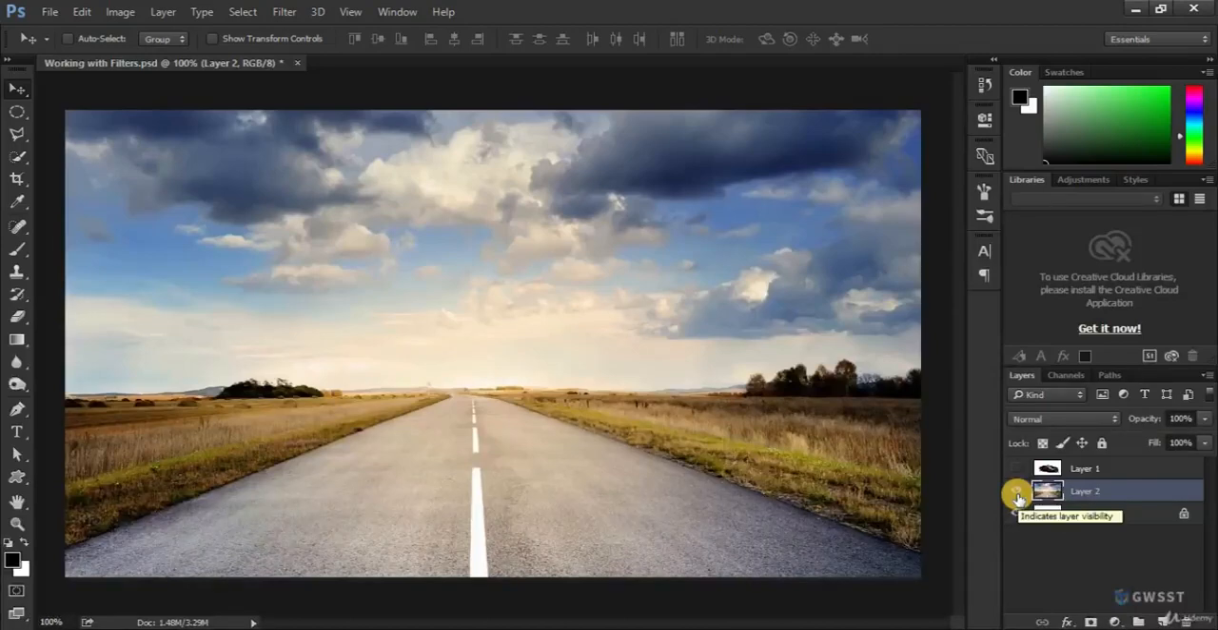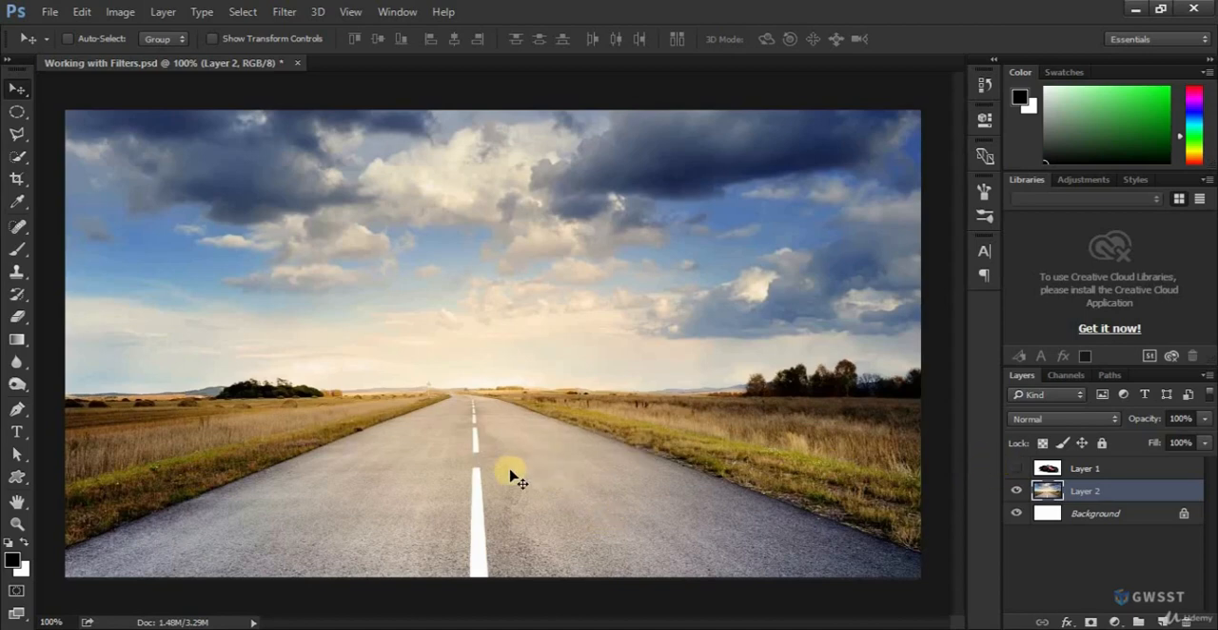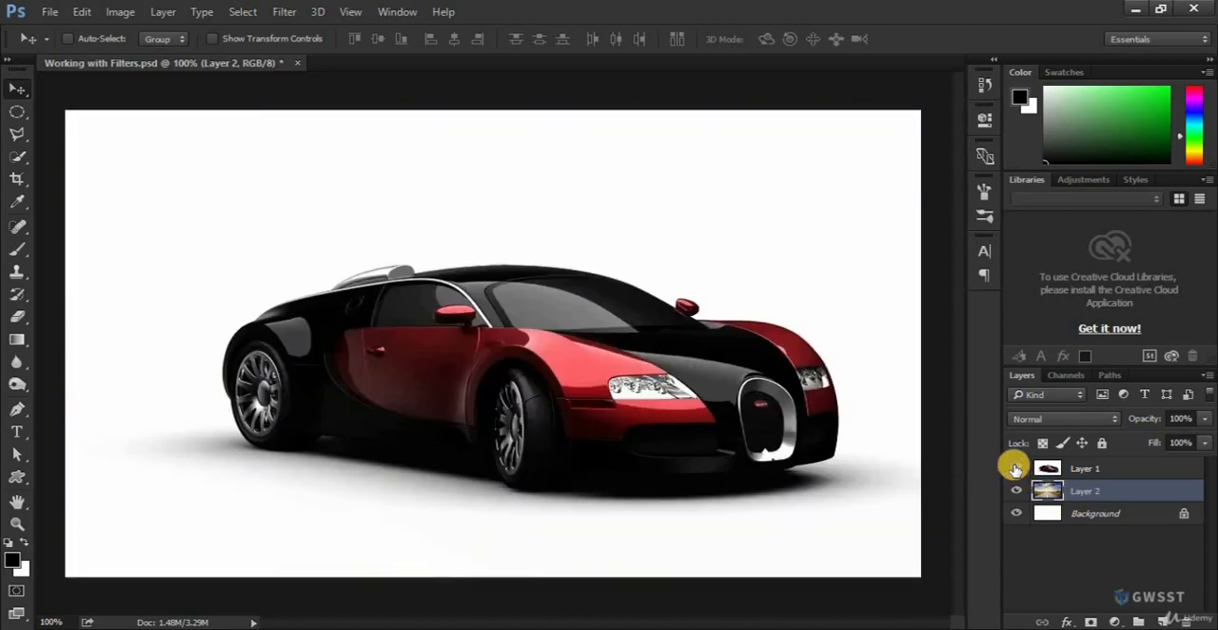I have this deserted land or road, and then in layer 1 I have a car. So basically my idea is to place this car over here. Okay, so let's do that. What you're going to do is, the first thing, I'm going to take this layer 1, and then